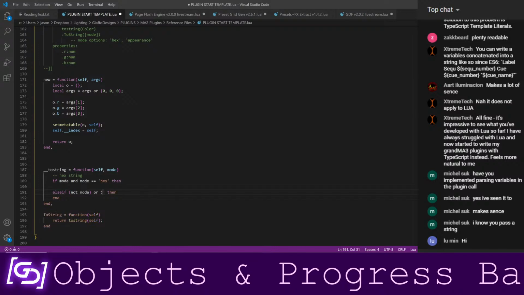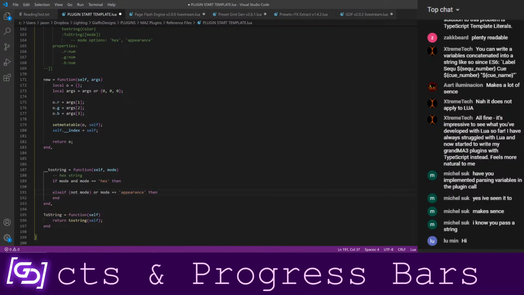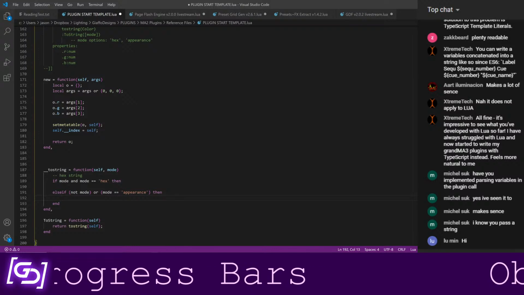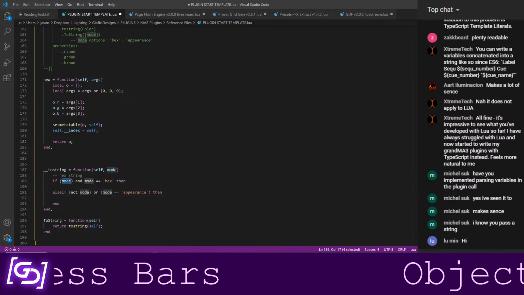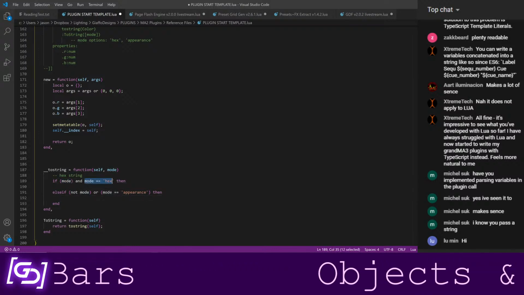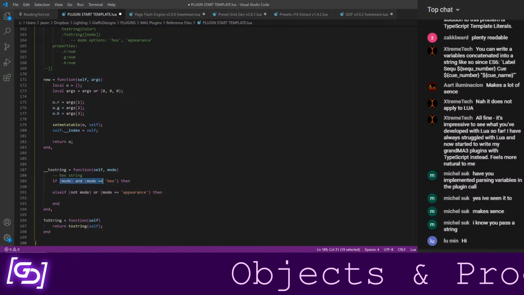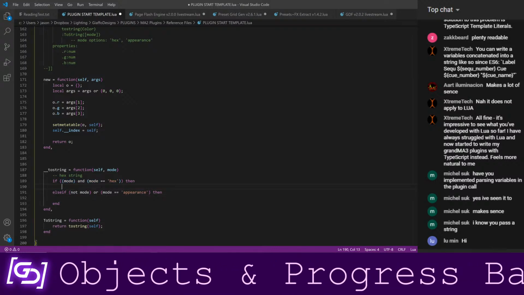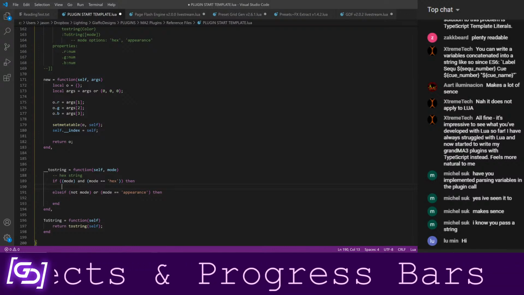This could have been done with an else statement currently, but come on. All right, so there's our two defining ways that this can be called. If we're calling it in hex mode, or if we're calling it for an appearance string, and we're making the appearance one the default. I could have written this cleaner, but screw it.